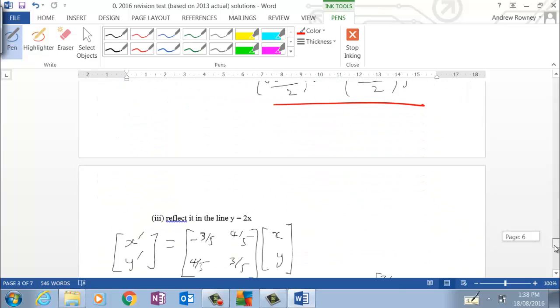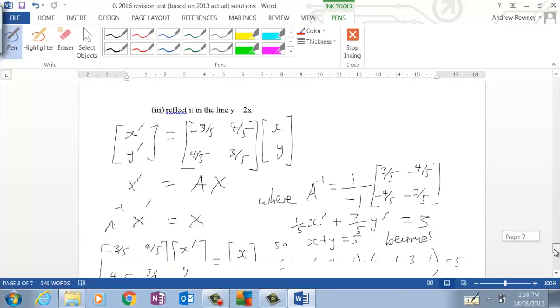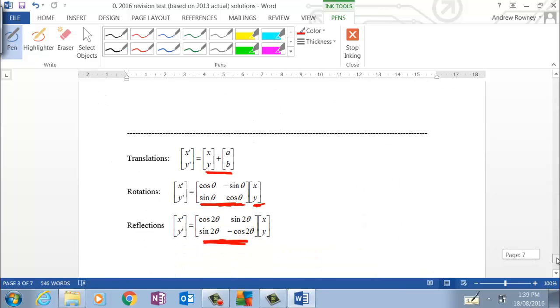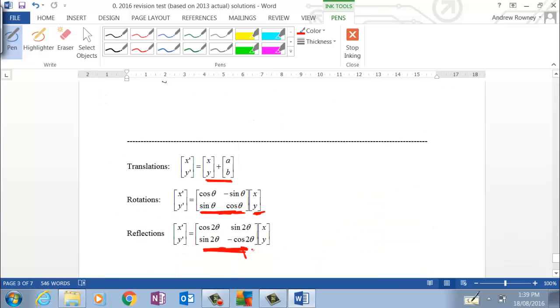Now we're going to do the reflection in the line y equals 2x. Now the line y equals 2x has a slope of 2, and that's also equal to tan theta. Now you could work out what theta is and plug it into the formula here for a reflection. Alternatively, you could use the other formula, and I'll have this in the test,